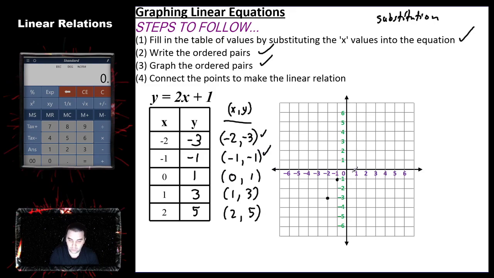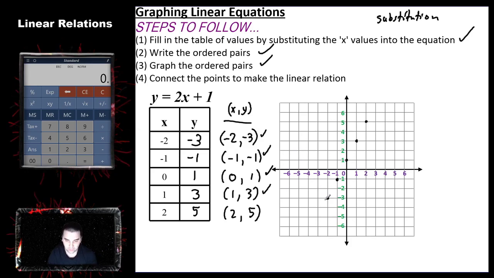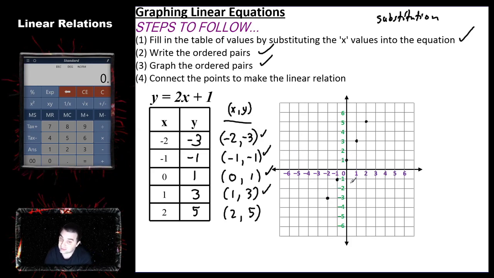Check. 0 and 1. So 0 along the x-axis and then 1 along the y. Check. 1 and 3. Check. And 2 and 5. Now, what I want to point out is, remember, this is linear, so it all has the